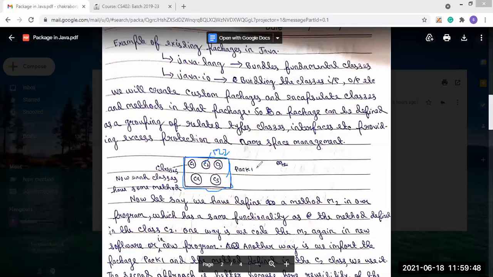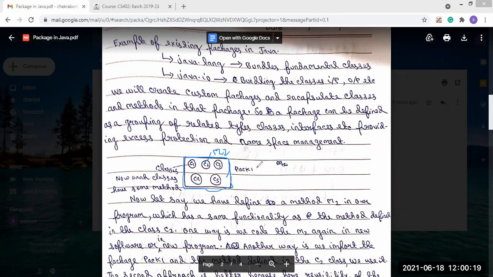So that means, in Java, we know about the reusability of code. So why would I write the code for a new functionality here? Already that functionality is present in the package. Then why would I write the same code again in our program? But if we use the import statement and import this package, then we will get the functionality of this method.